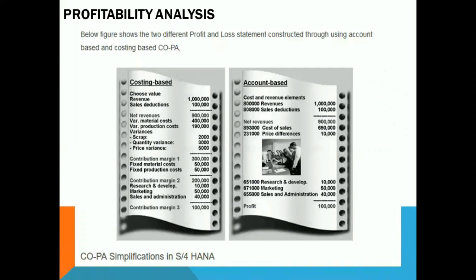No. Again, I have the sales, because once the goods have been delivered to the customer, there are some overheads like material overheads and sales overheads to be taken into consideration. So deduct those sales overheads and material overheads: research and development, marketing, and sales administration cost, everything deduct from it. After deducting, I got the total contribution margin 3. This contribution margin 3 is going to be called your net revenue. This is what exactly you have to take into consideration. Means out of 10 lakhs, your margin is only 1 lakh. How did you get this margin of 1 lakh? Because of these value fields. These value fields are playing the major role in the cost-based profitability analysis.